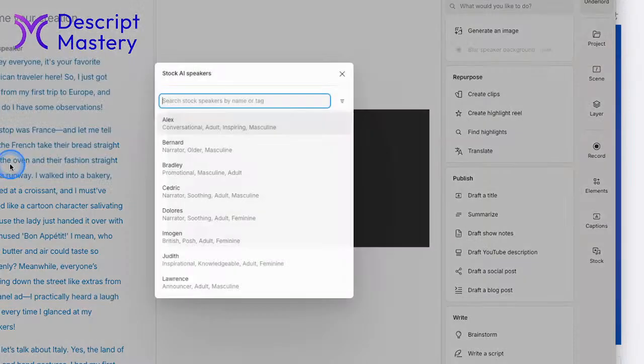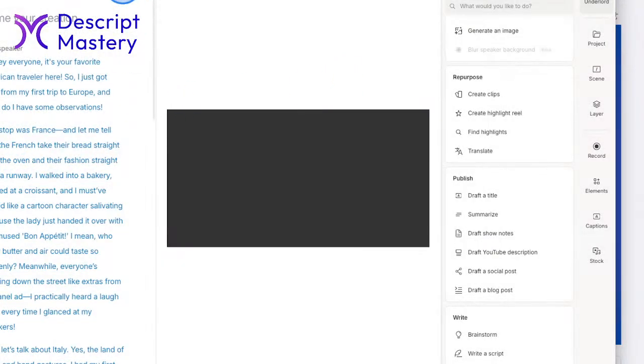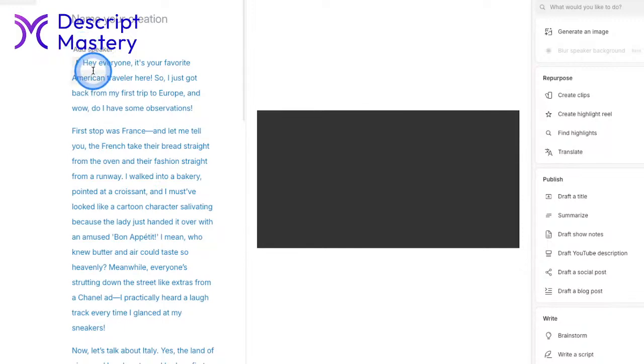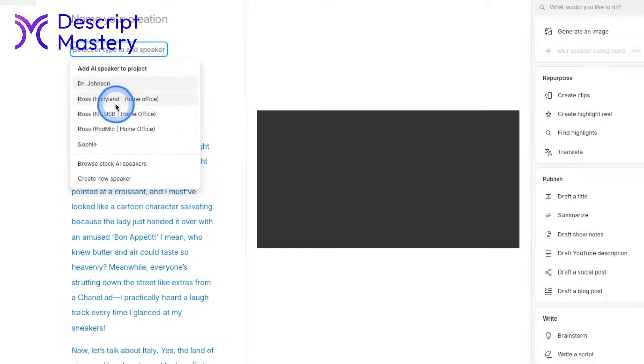I'm going to do browse AI speakers. And to explain what I'm doing here, let me move this over. At the top of this text is blue. That tells me that it's just text. It hasn't been turned into audio. But we can do that. We can do text to audio by clicking on this thing that says add speaker. And these top ones are voices that I've trained. So these three are myself. And then I've labeled different microphones that I trained it with, as well as where I trained it. That's just so that I can keep it consistent. If I record a video using one of these three mics, then I'll want to match that when I go to apply this voice. And then I have a client voice as well on there.